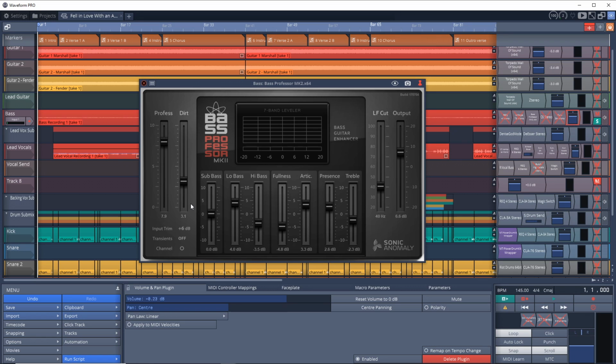Now back into Bass Professor MK2. After the Dirt section, your signal then goes into this high pass filter with the LF cut leveler. Then of course you have your output slider, so you can make sure that your bass's level is optimal when it leaves the plugin. You can also adjust the input level down here with the input trim, and you have